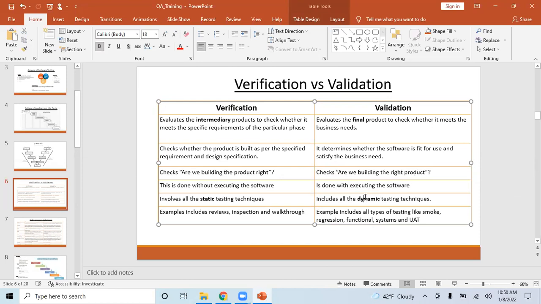So that is dynamic. Even when you're doing it manually, you click the buttons and execute that code. When you click the button, in the back end the code gets executed, so it is also basically executing the software. So that is validation. And again, there are different types of verification. As I said, we do code reviews, right? There are different formal and informal types of verification.